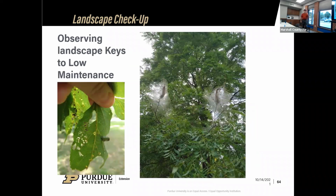And then we want to just think about insect pests. So we have some insects that will attack our plants, do some leaf feeding. It's not a major issue because they're not going to hurt the tree. Fall webworms, if you have a tree cultivar that they are attracted to, you want to prune them out early. It's the only thing you can do to really manage them because they're protected by this web. So we get all these insects from Asia that bother us, like the marmorated stink bug, and what killed our ash trees. That insect came from Asia. We gave them fall webworms. So if it's any solace, they're dealing with fall webworms in Asia now. We gave them that, so on their trees that it would attract to,